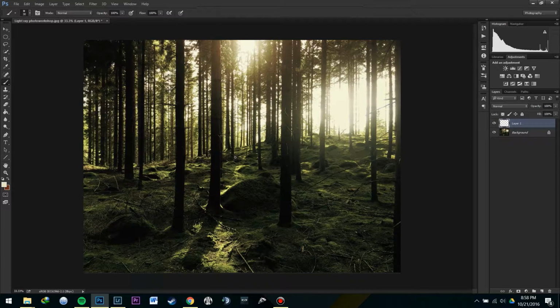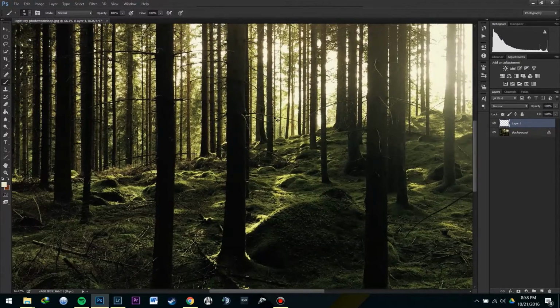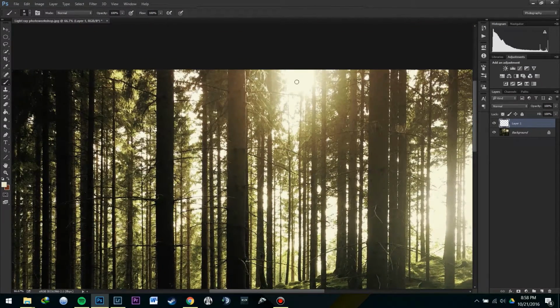Okay, for this photography workshop, we're going to be creating light rays in Photoshop. So to begin, we're going to create a new layer in Photoshop right here. And then we're going to zoom in to our picture. And we're going to want to take a sample of some of the light so that our light rays will